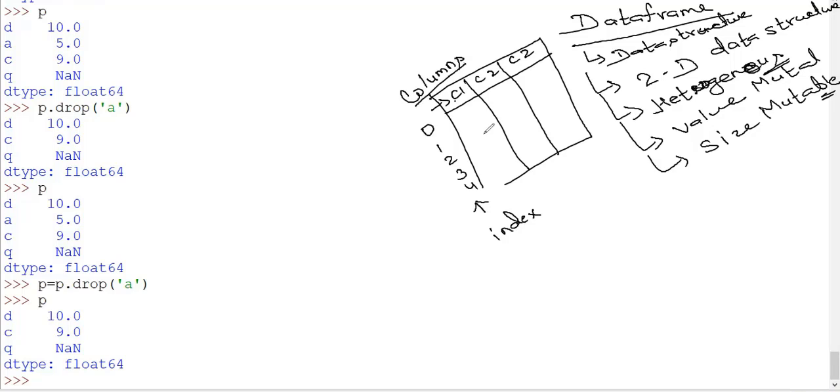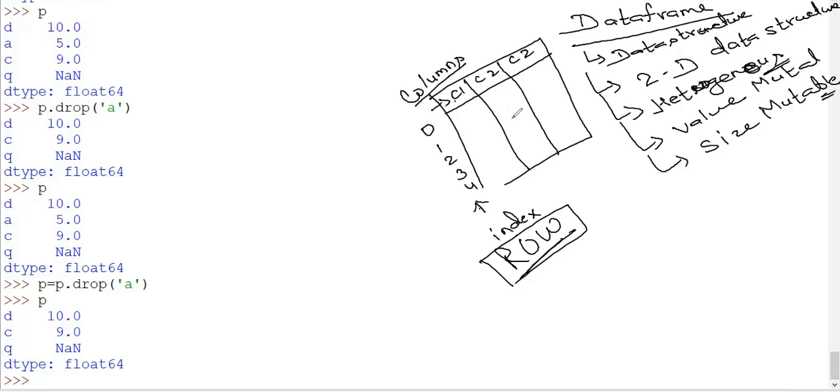It is called columns, and it is called index. Index means we are talking about the row index. These things you have to remember always. And this is the columns here. Okay, so in this way, we can create the